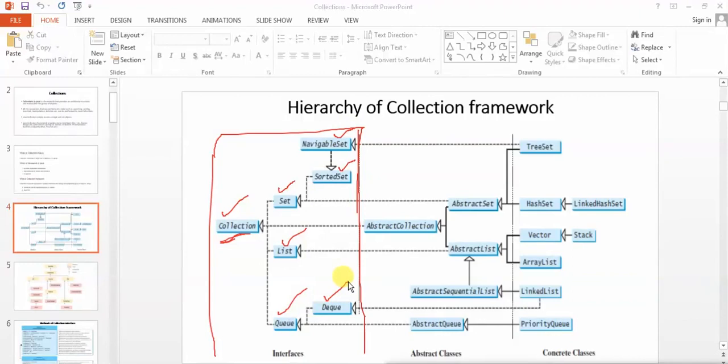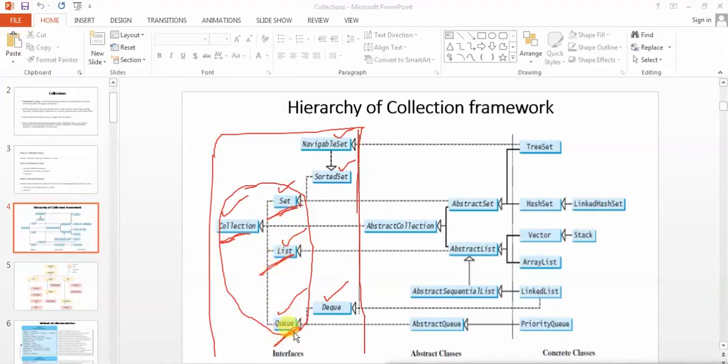So you don't need to remember all these things. At least you should remember this particular portion. There is a root interface called the collection interface, from where the Java collection framework begins. This is inherited by 3 other interfaces: set, this one, list, this one, and queue, this one.